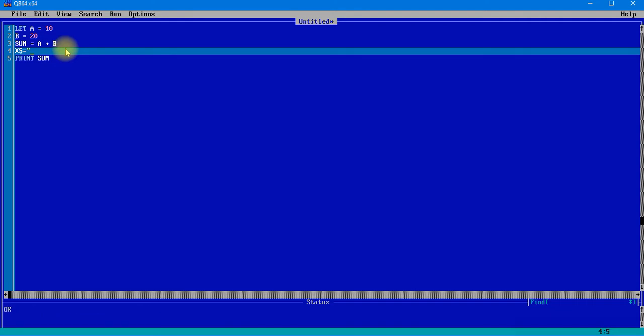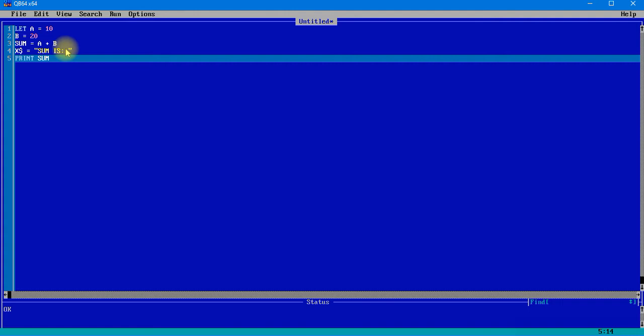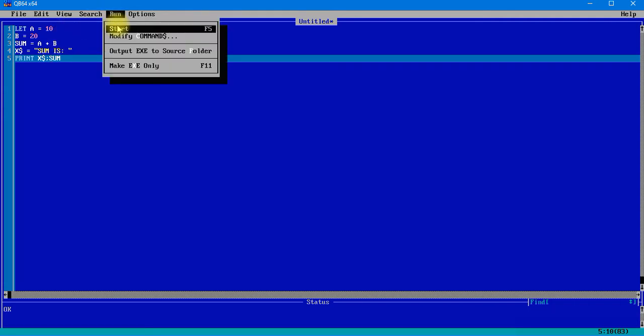So let me type "sum is:" over here, and then along with this, let me also print x dollar and then sum. Let's check how this works. Then click on run, start.